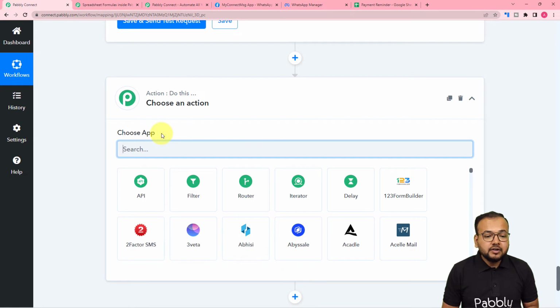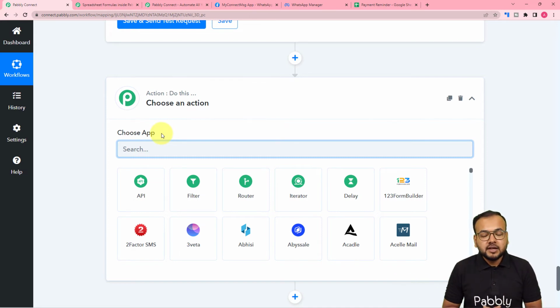Now for that, we need to connect with WhatsApp here, and to connect with WhatsApp we need to have the access of WhatsApp's API or application programming interface. So we are going to use WhatsApp's own cloud API platform for that. Okay, but before connecting with cloud API here, first of all you need to connect your number with the cloud